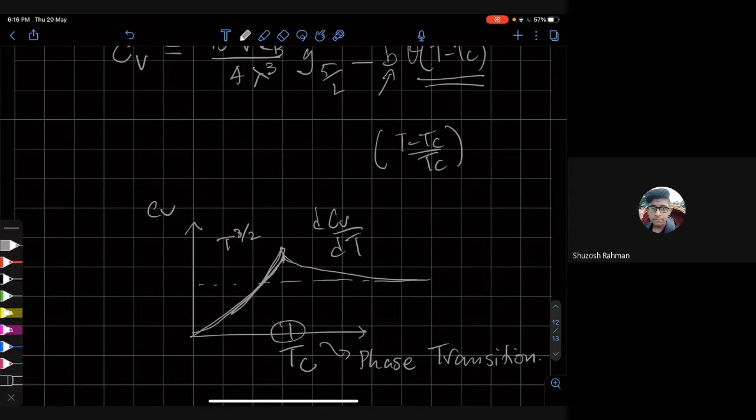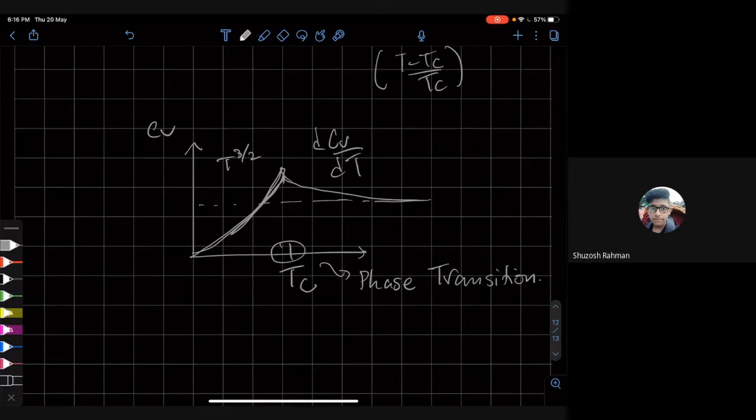There's something a bit of a puzzle, because here we have a physical quantity which has some kind of singularity, right? Or at least, its derivative has a singularity. Now, in everyday life, we don't actually associate singularities with physical quantities, right? So what is happening? So what is happening is essentially,